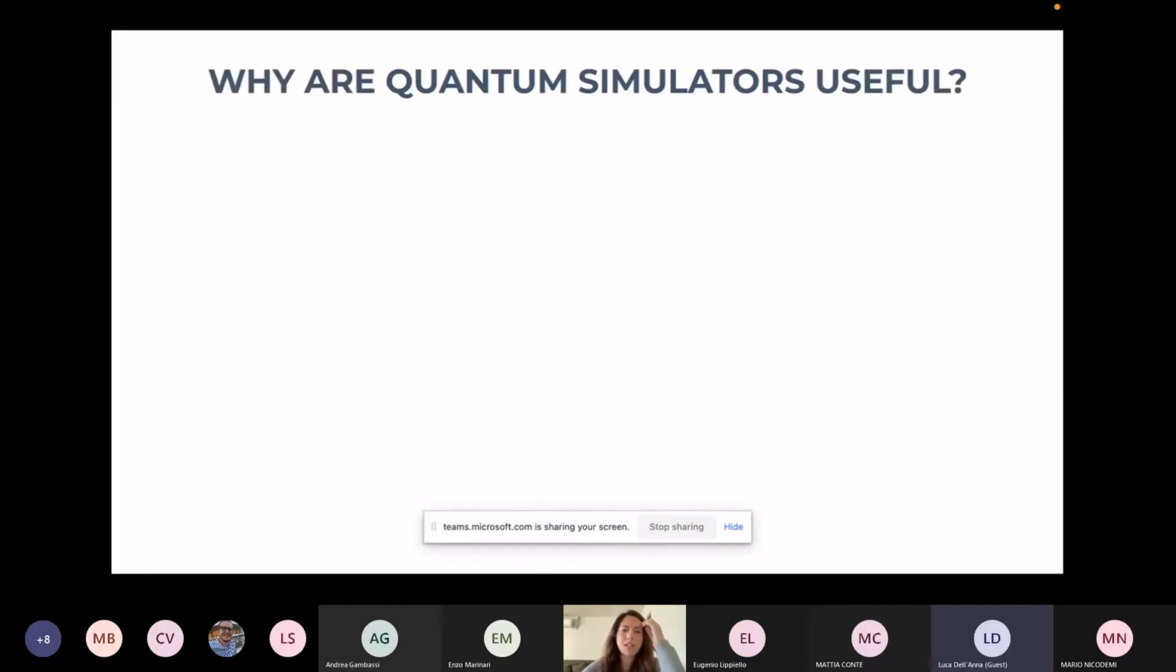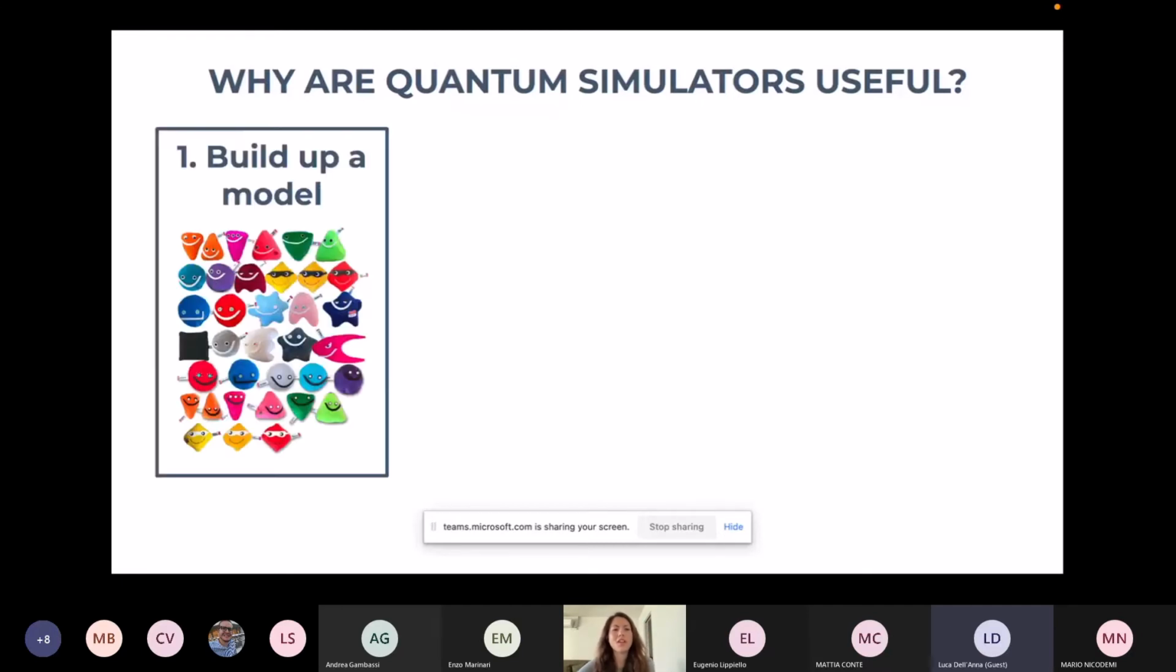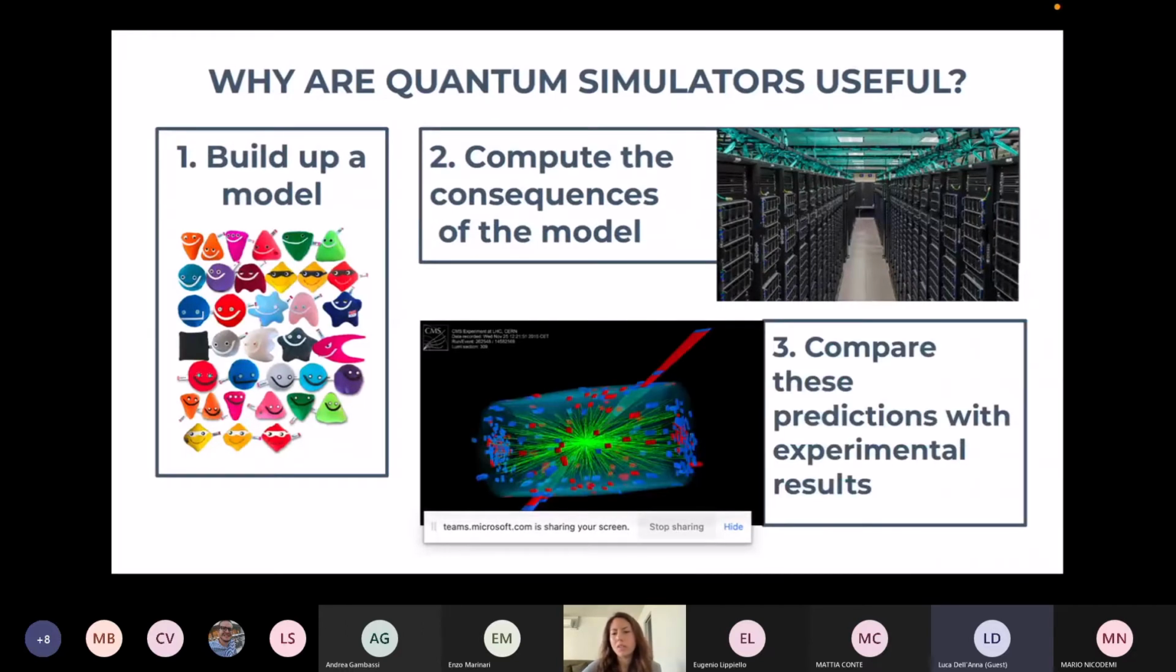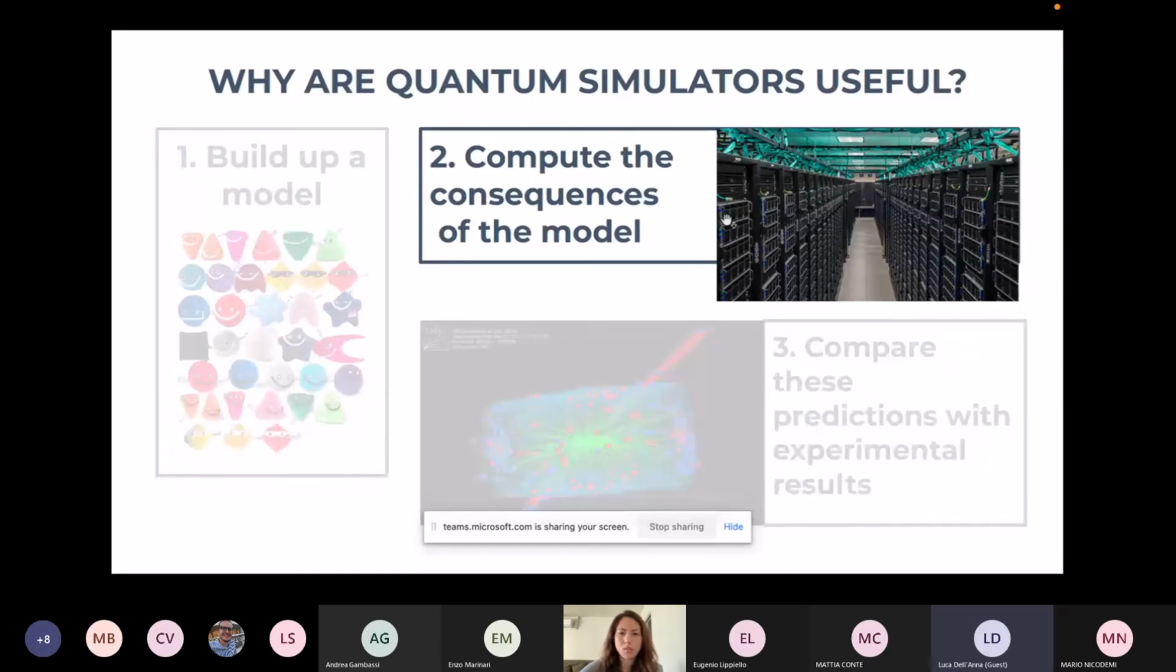So why are quantum simulators useful? How can we use them? The idea is that, for example, in high energy physics, what you probably want to do is the following. You start with building up a model. So you have your theory, you want to compute what the consequences are given this model, and then you want to compare this prediction with experimental results. And the step where quantum simulators could be used is this one, because here